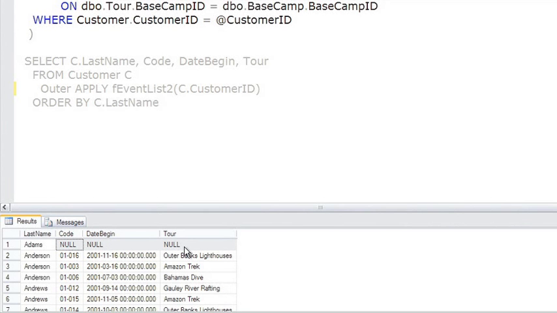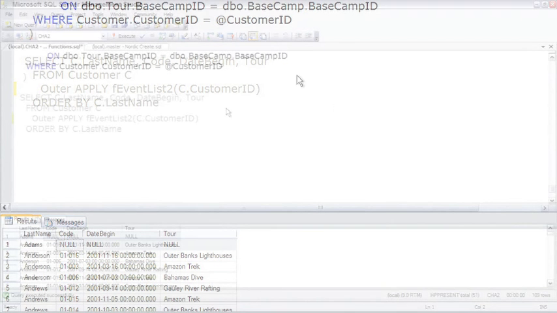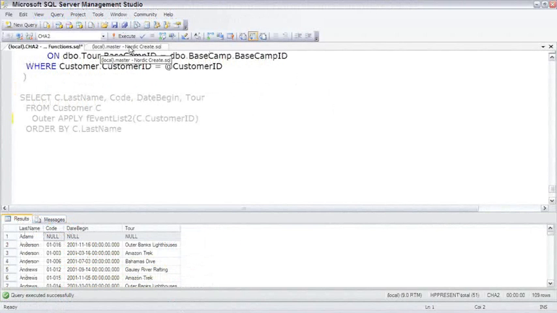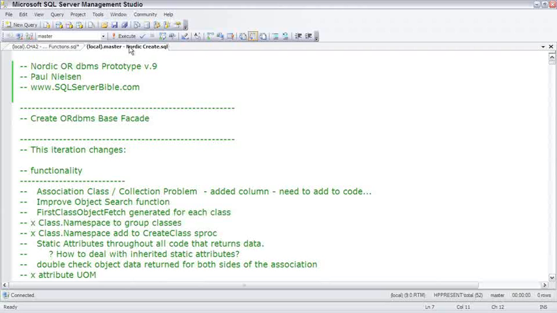Just to show you how much I love using UDFs, I want to pop over to Nordic and walk through some of the code, just to show you how prolific UDFs seem to be inside of actual code that I write. So I already have the Nordic create script here, and without getting into the details, Nordic stands for